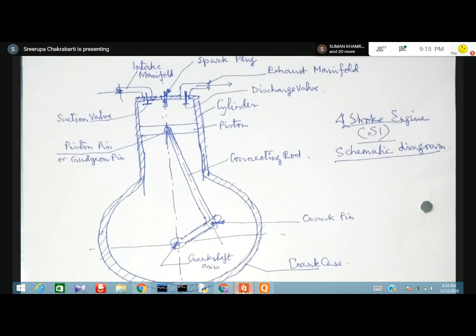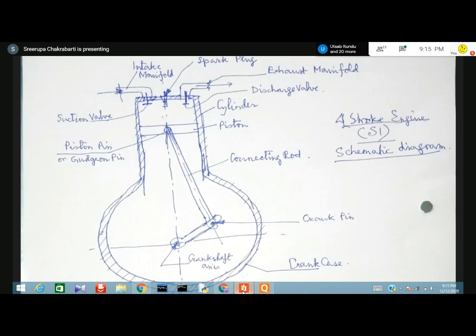It looks so simple when you look at this drawing, such a small, simple thing, but it is a very, very complicated thing. And that is because we are having all sorts of prime movers, all sorts of vehicles using this technology.